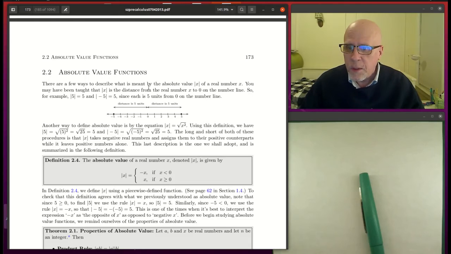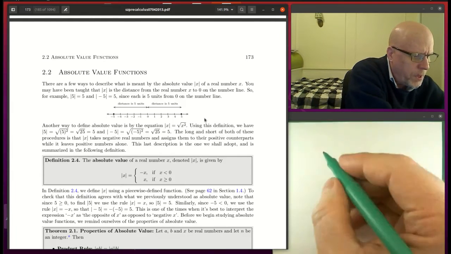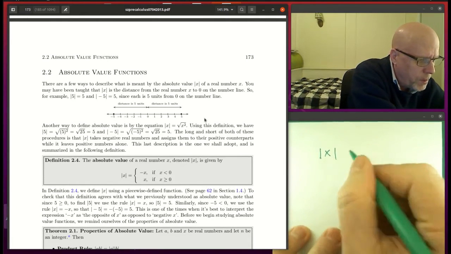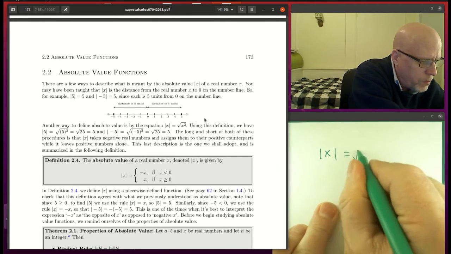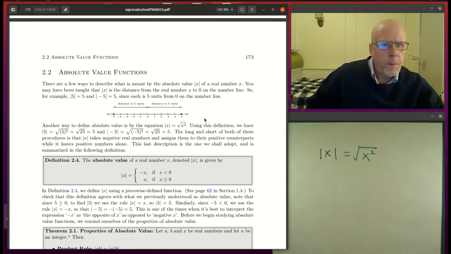I want to point out to you that there's another way to do it, which they're writing right in there in the book. The absolute value of x is the square root of x squared. Let me copy that onto this little sheet of paper. Absolute x is the same thing as square root of x squared. Why is that? Well,